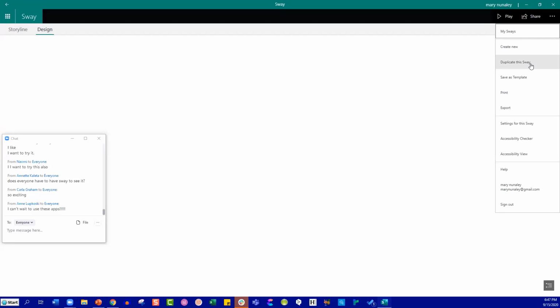The other thing is you can create your own template. So if there's a format that you decide, hey, we want everything to look like this, maybe it's meeting minutes or meeting announcements. Yeah, once you use Sway, you can just email it out, and then you can determine if people just view it or if they get editing permission.